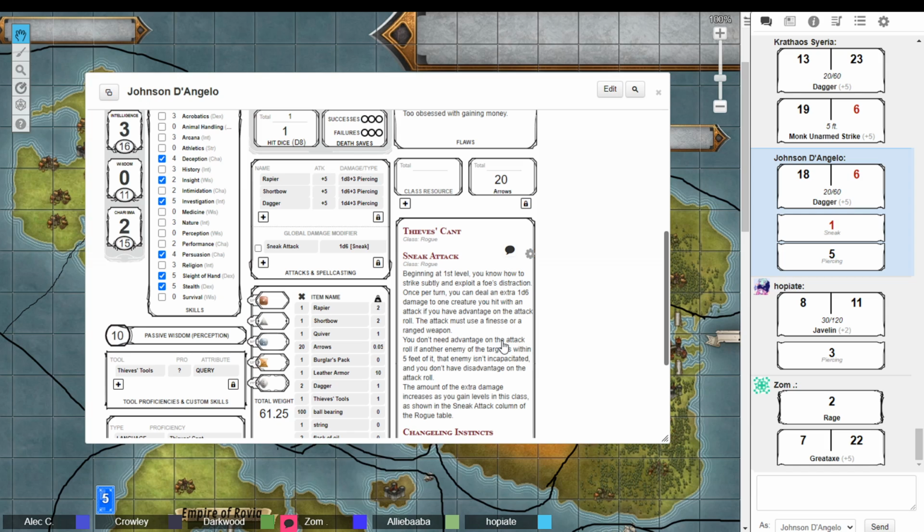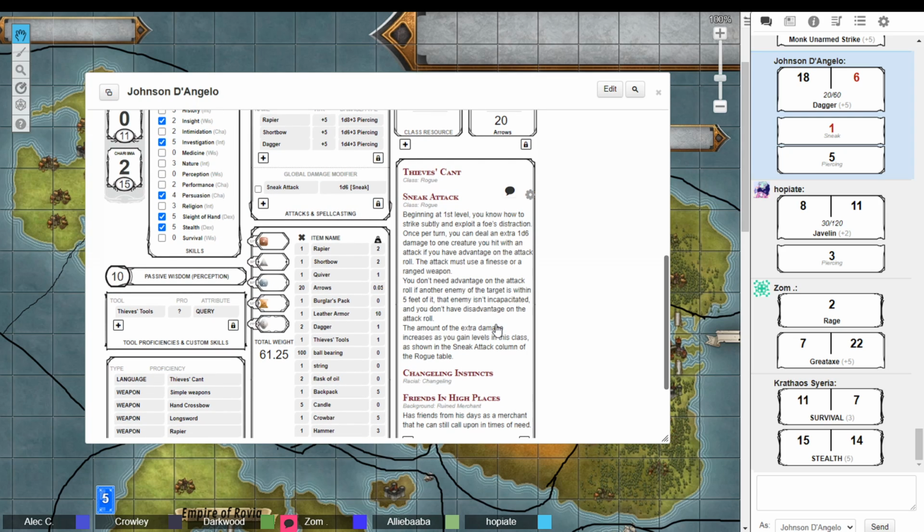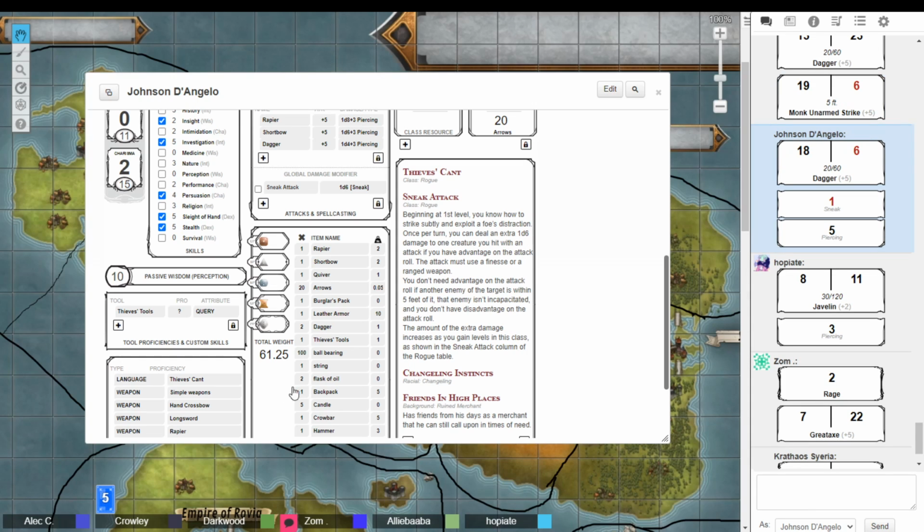Alright, so I'll be posting some of the items for you guys in the group chat. And you don't need advantage on the attack roll if another enemy of the target is within 5 feet of it and that enemy isn't incapacitated. Okay, and you don't have disadvantage on the attack roll. So Dark, this is for you. Oh wow, that's